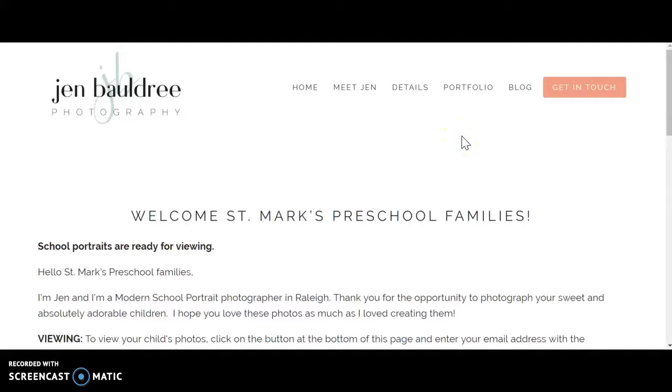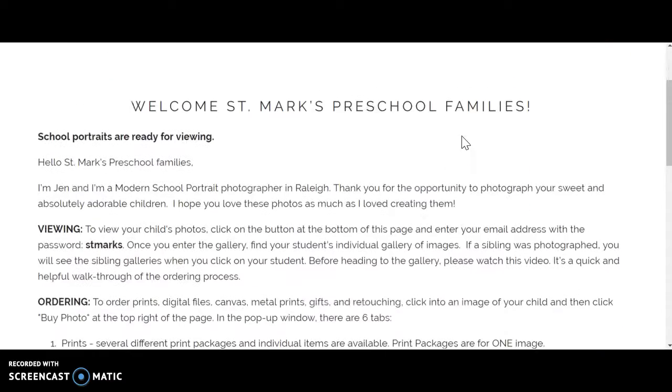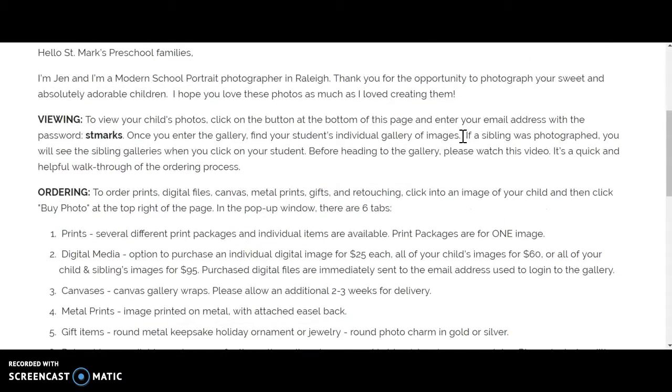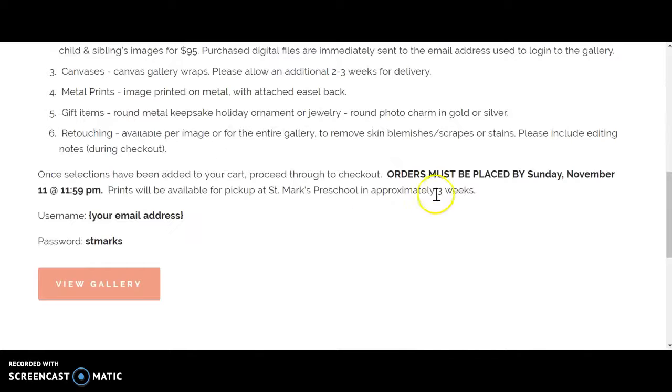You've got your school portrait galleries ready, and I just wanted to take a minute and walk you through just a couple tips for ordering. So you'll end up on this page, which is the landing page for preschool families, and it has some information here. When you scroll down to the bottom, you'll hit View Gallery,